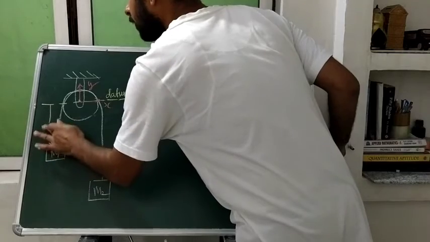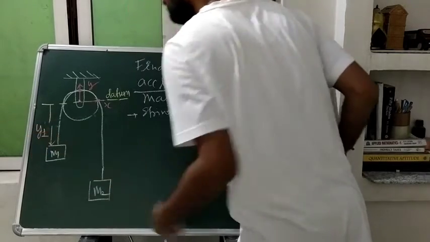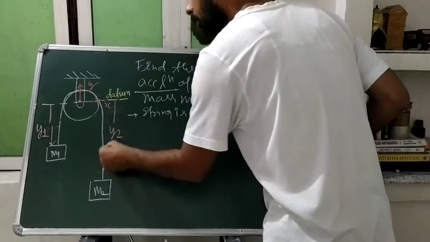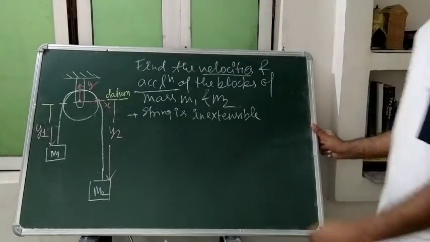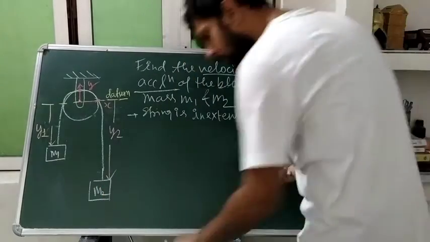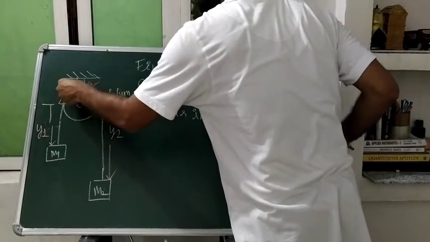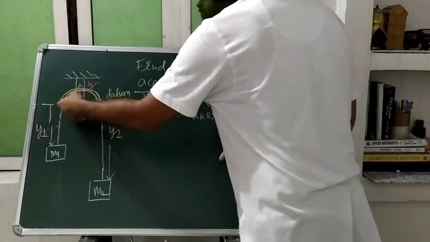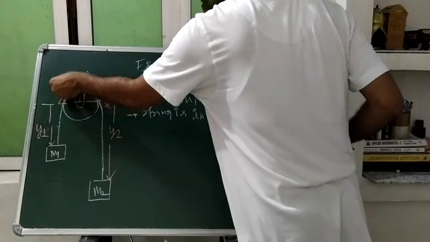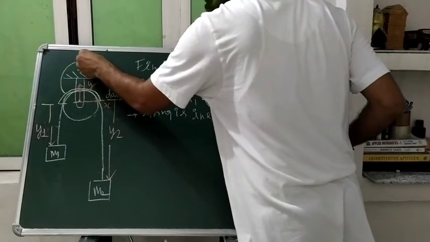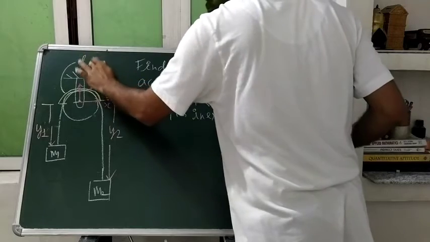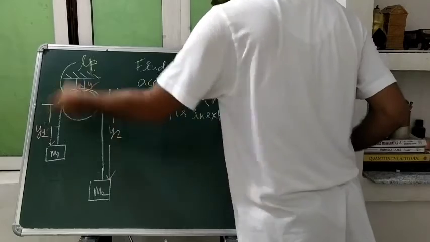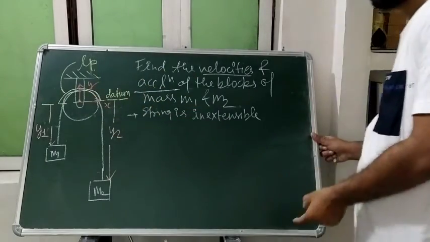Okay, this one is our y1 distance, and from here the distance of that string, suppose I am saying that y2, and this length of that string is not going to be changed when it will rotate. This length is not going to change. This will remain same, or we can say that this is our length of string on that pulley. Whatever part of that string comes on that pulley, again and again this will come and it will be constant.